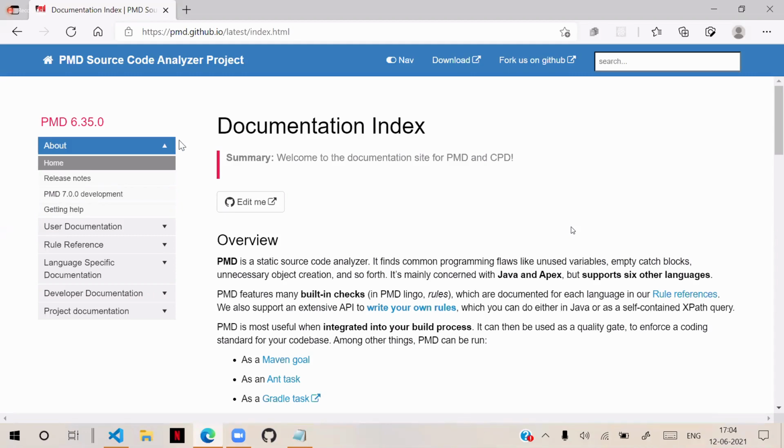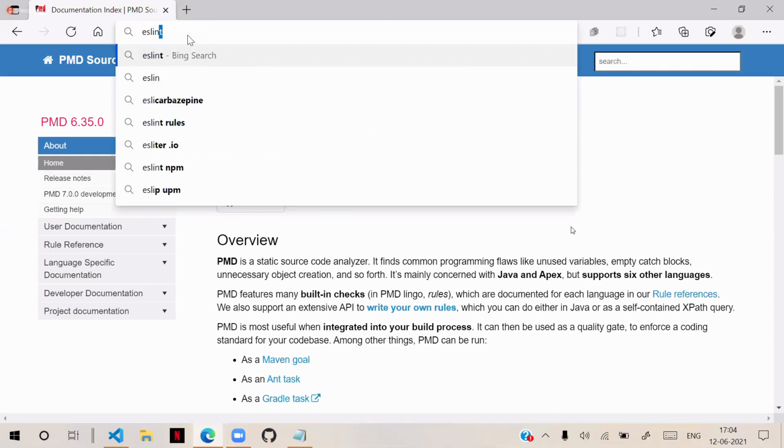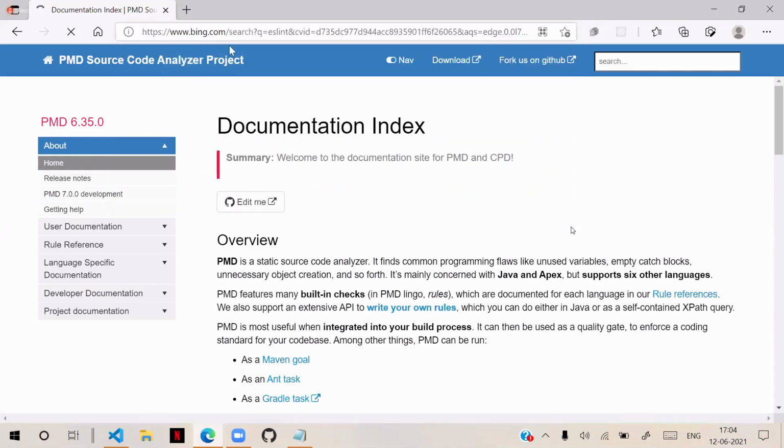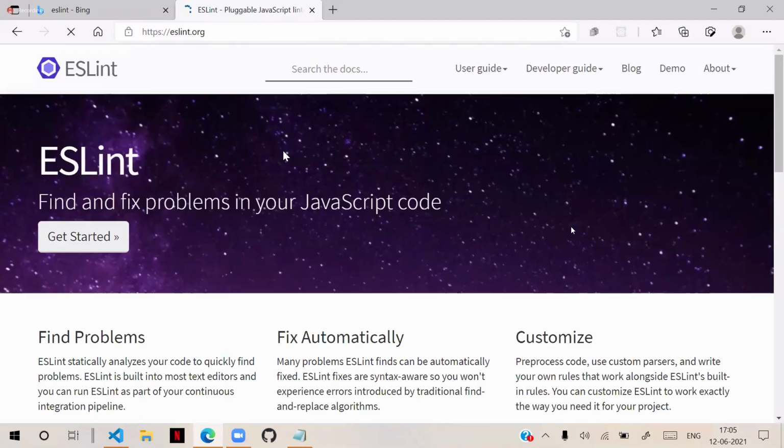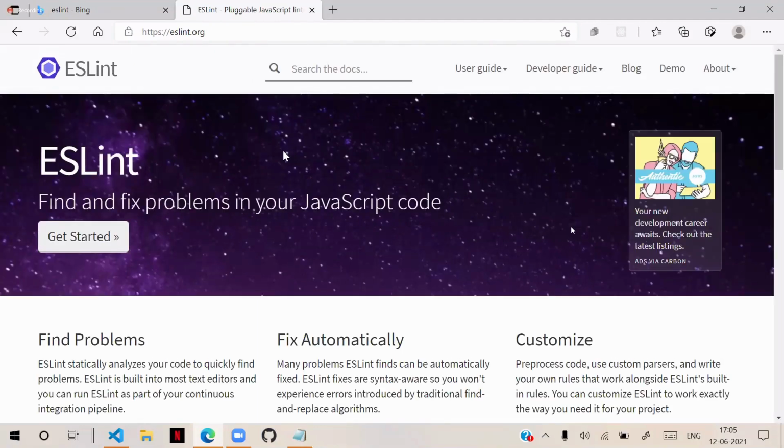Our JavaScript actually uses ESLint. ESLint is our language analysis tool. This is ESLint, meaning it finds and fixes problems in your JavaScript code.